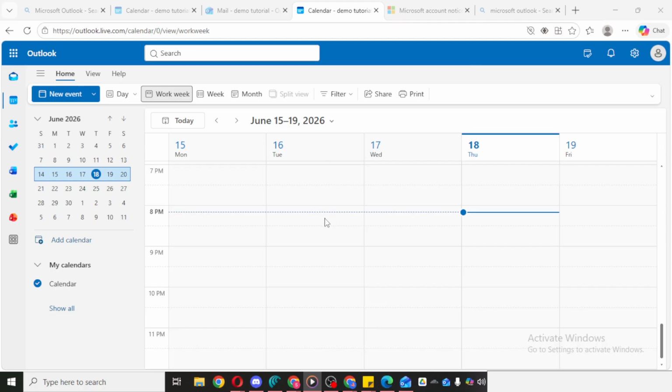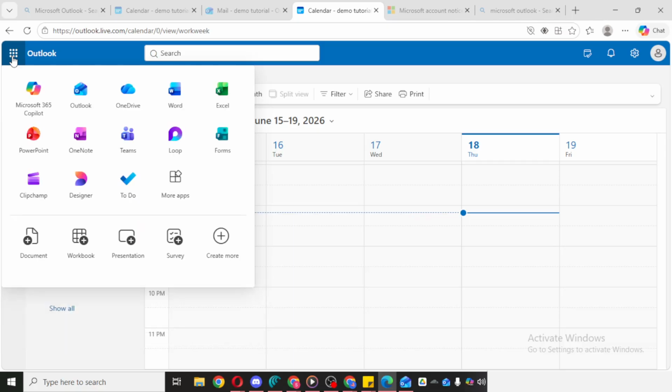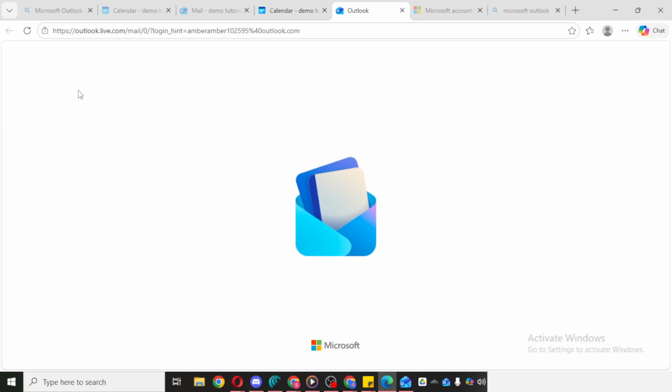To get started, open Microsoft Outlook on your computer. You can do this by clicking the Outlook icon from your applications or selecting Outlook from your menu, depending on how your device is set up. Once Outlook is open and fully loaded, go ahead and start a new message by clicking New Mail. This will open a blank email window where you can begin composing.